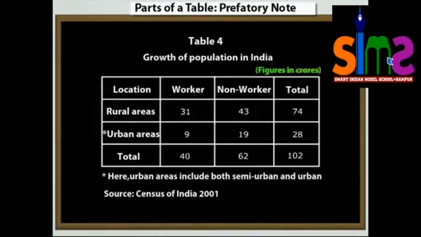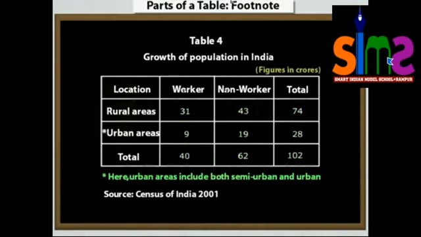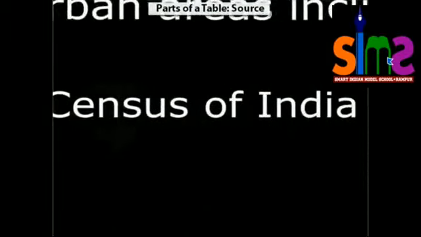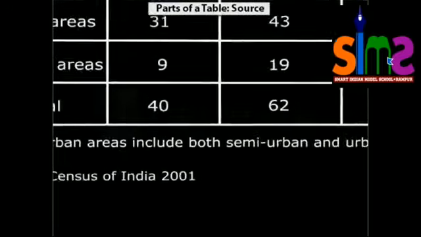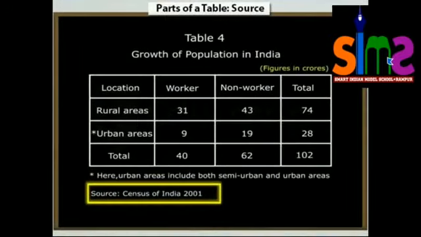Prefatory note or head note is a statement given below the title of a table, and it explains the contents of a table or main part of it. Footnote is placed at the bottom of a table and clarifies certain parts of a table. If the reader is unable to understand from the title, captions or stubs, footnotes are used. Source is generally given at the bottom of a table. It is a brief statement or phrase indicating the source of data presented in the table. If more than one source is used, all of them need to be mentioned.